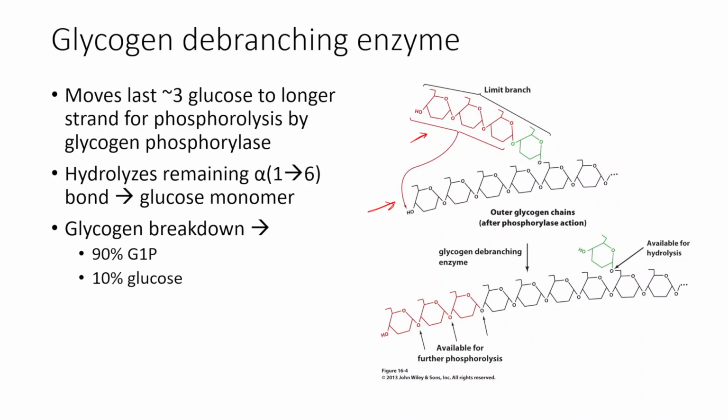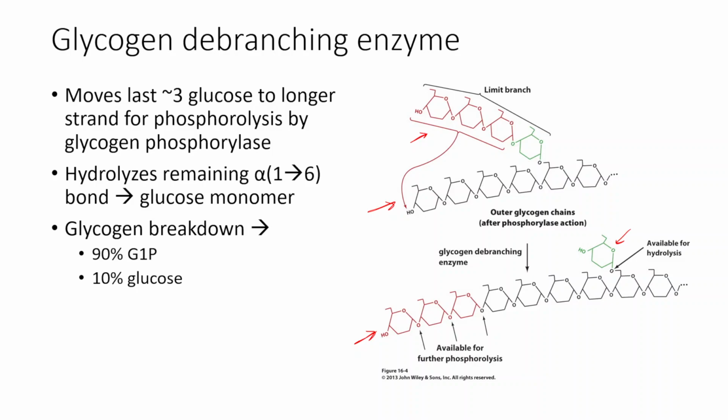They are moved over to one of the other linear branches of glycogen. After the debranching enzyme does this, it ultimately makes one of the branches longer so that glycogen phosphorylase can again start to break it down 1 glucose at a time. Here we have this longer branch that glycogen phosphorylase can now take care of. On the other hand, we still have this 1 glucose left, shown in green, that's connected by that